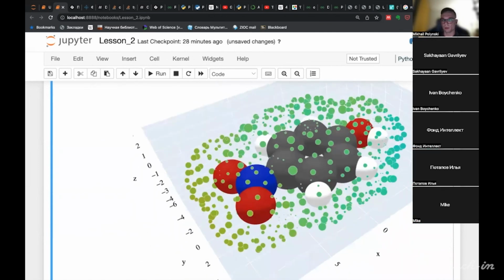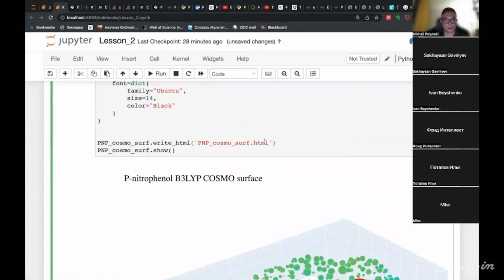It's a 3D plot. And pay attention, note this line of code.